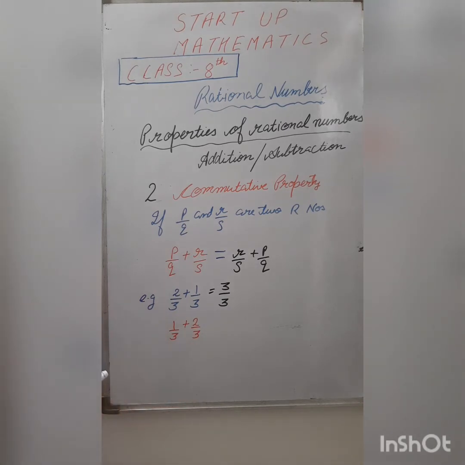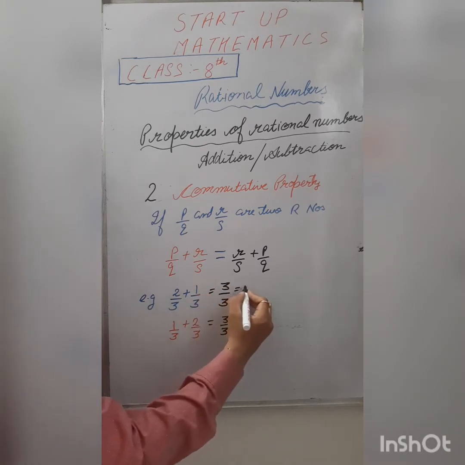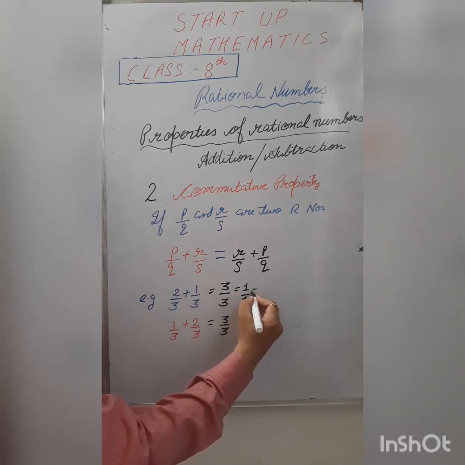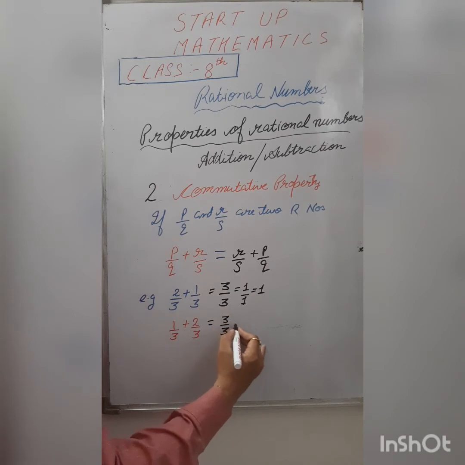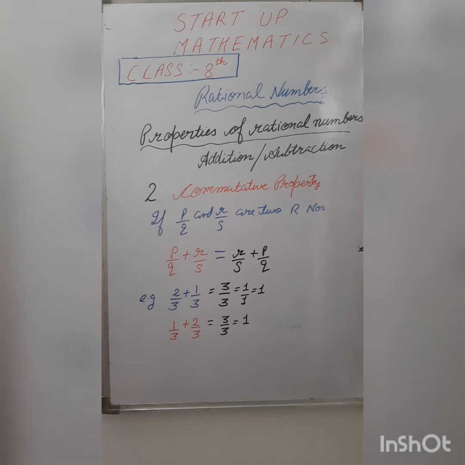We will see the answer is again 3 upon 3. If I reduce this 3 by 3, I will get 1 upon 1, or you can simply say 1. Again 3 divided by 3, again 1. Because you can write the whole numbers, the integers, by denominator 1. So all integers, all whole numbers are our rational numbers, right? So 1 is in the form of P by Q. How to write it? By writing 1 in the denominator part, right?